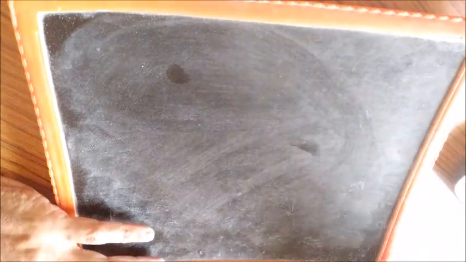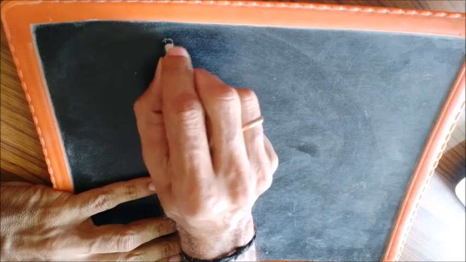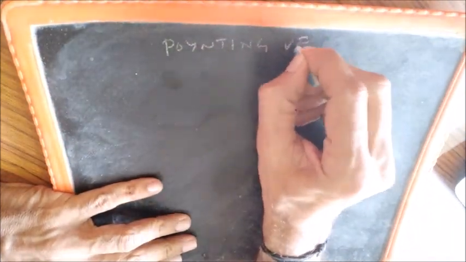So before we wind up this video, there is one small point to be discussed. Of course, I will not go into the details here, though there is a lot more to discuss. I will only discuss the essential point here. The discussion to come up now is on the Poynting vector.